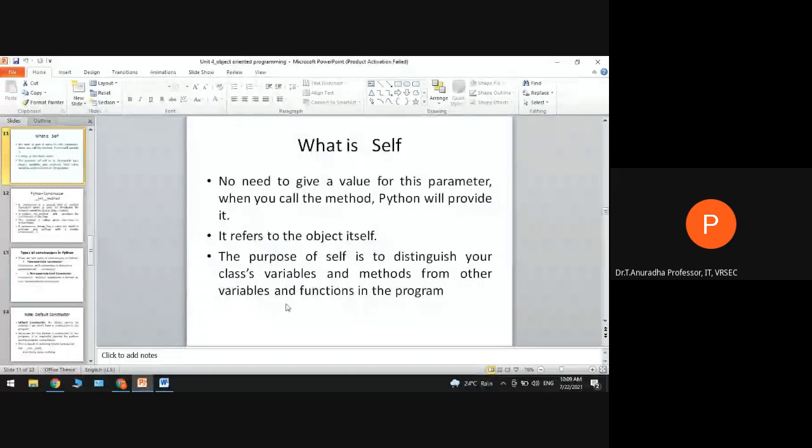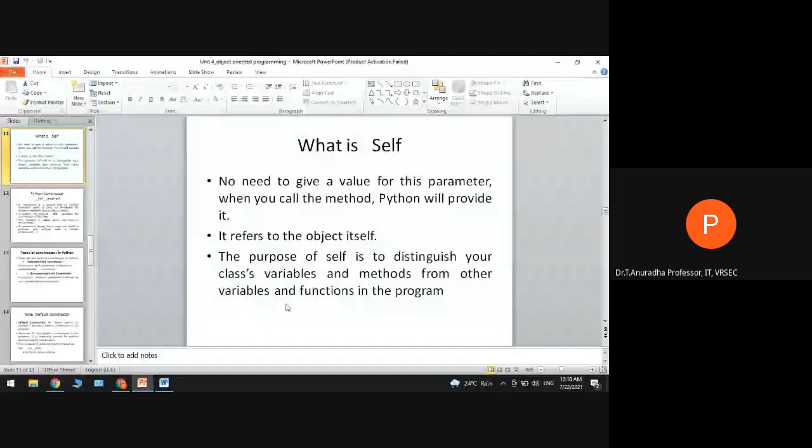Generally, whenever we write any function and call that function, we need to pass the values or arguments to replace all the parameters. But in this case, there is no need to pass any value for the self parameter.